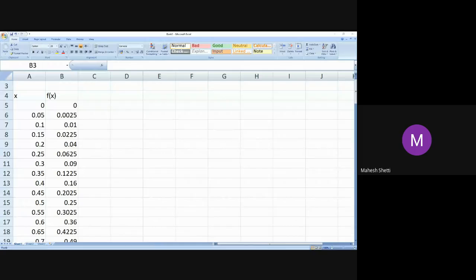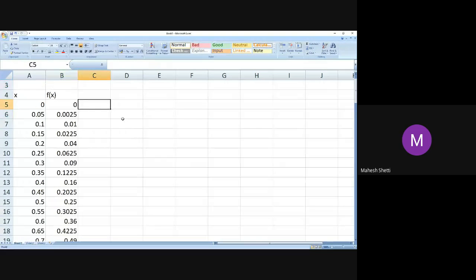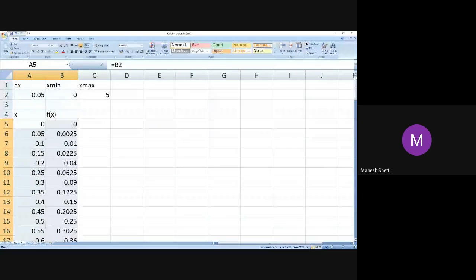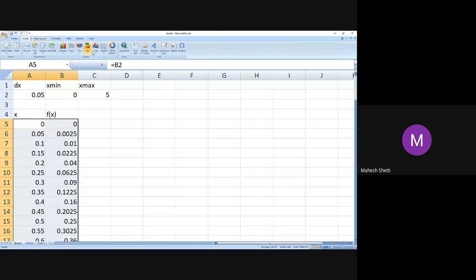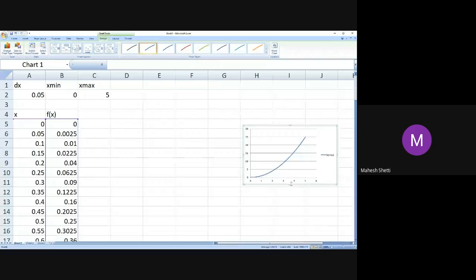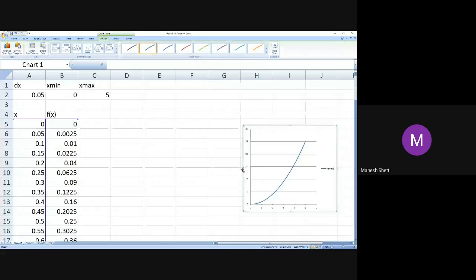Okay, well, coming to this, if I plot the graph, I know the graph is going to be a parabola because it is an x square kind of function. It is just for our understanding. I'm plotting this. And I could have, of course, taken these x and fx cells also to indicate what is the nature of the graph. But well, this is the graph.